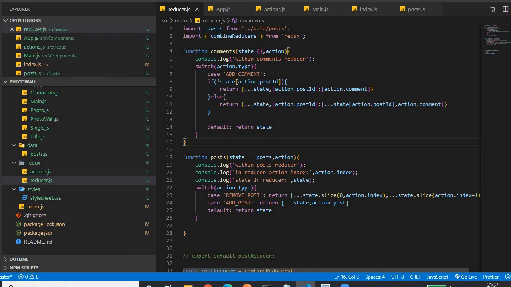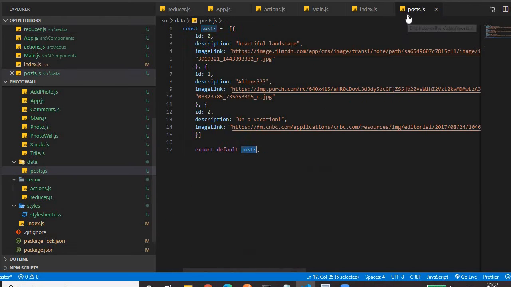For the post state we have a post reducer, and for the comment state we have a comment reducer. A reducer always takes two parameters, one is state, the second one is action. Here for posts we have provided the array of objects that we hard coded in the post.js file.